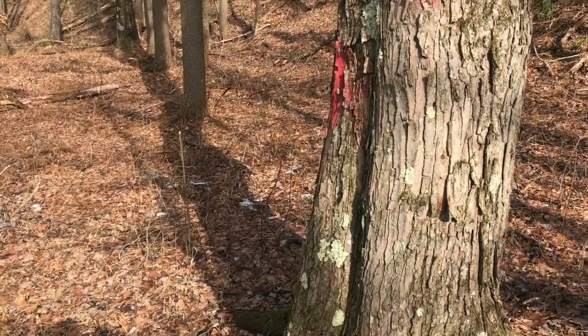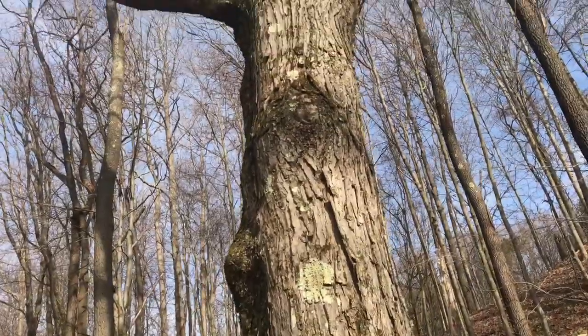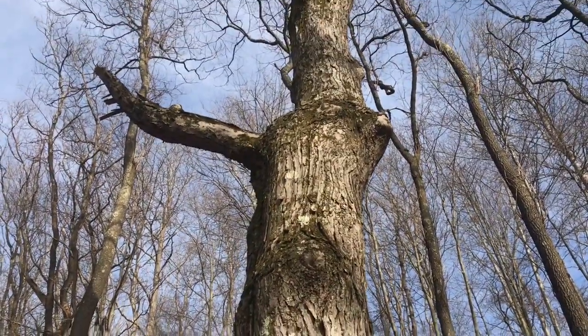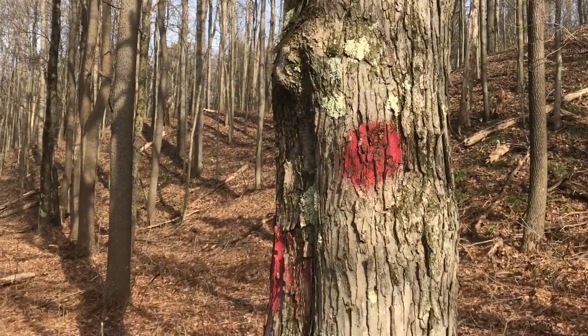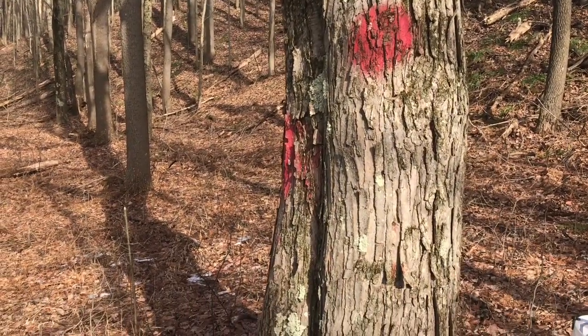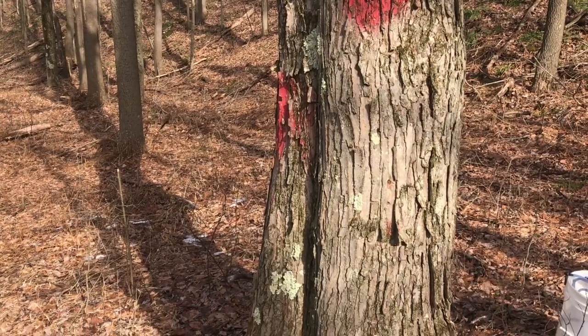So whenever you're tapping maple trees, there's a sweet spot of when you want to tap them. Whenever it goes from a low temperature to a high temperature, that's when the sap flows. A few days ago it was below 0, and now today it's above 50 degrees. So right now the sap is flowing in the trees, and we can go ahead and drill the holes and